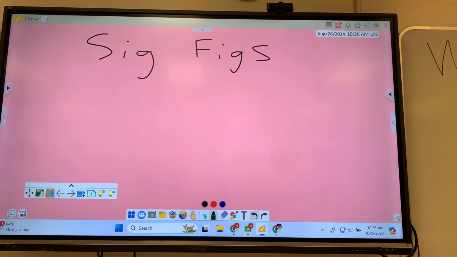What do you mean by that? I think I see where you're going with this. All right, so sort of, but that's more of the reason we use scientific notation than significant figures, right? So scientific notation, yes, we don't want all those extra zeros. But what about sig figs?